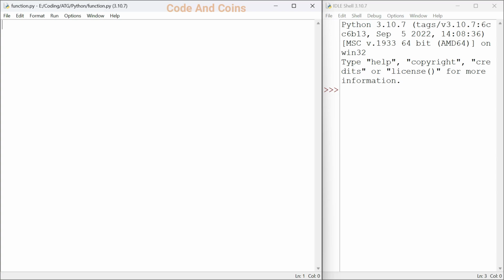In Python, we define a function using the def keyword followed by a function name and a pair of parentheses. Let's start with a simple example. We will create a function called greet that prints a greeting message. So write def